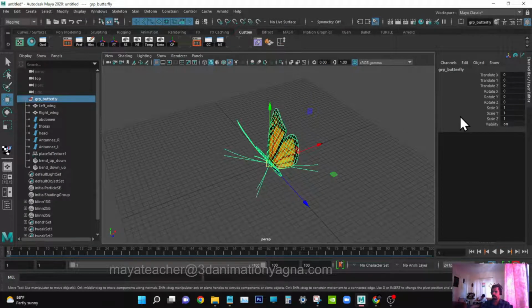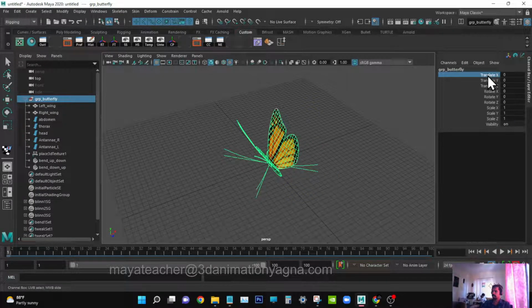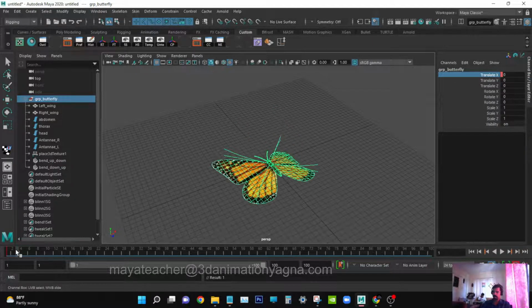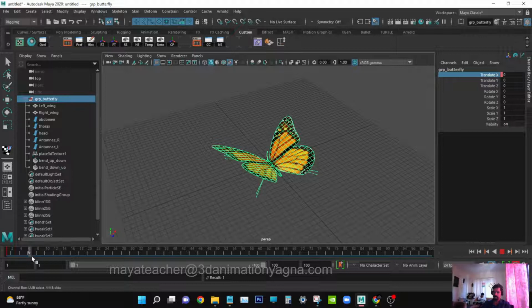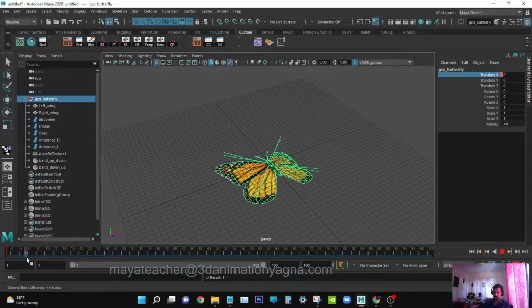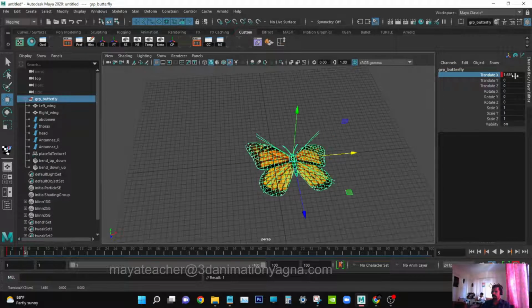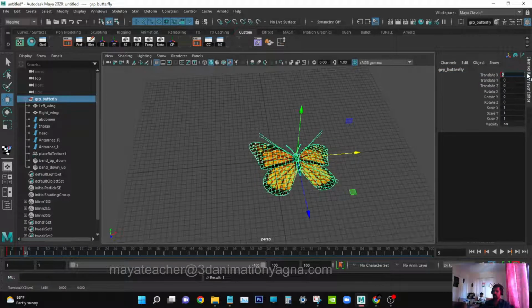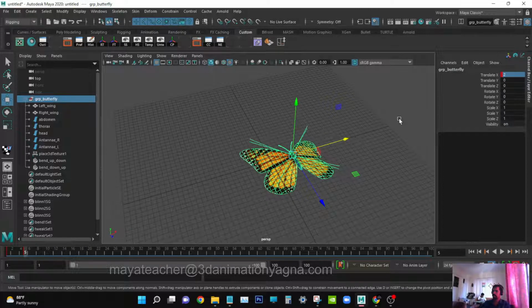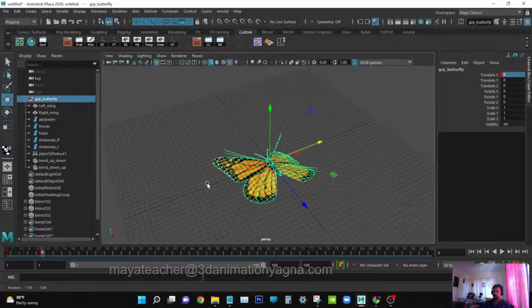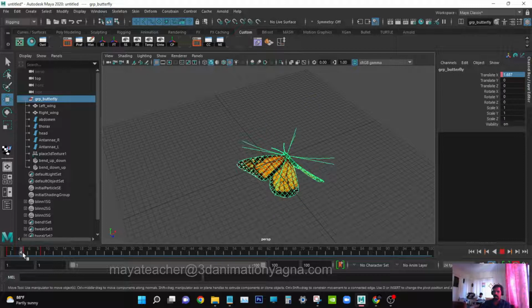Go to first frame, x-axis translation. First frame 0 and like 5th frame it is moving to 2 units, 2 Maya units in the x-axis. Then again in the 9th frame go back to 0 and